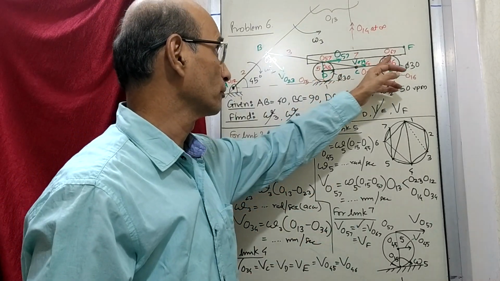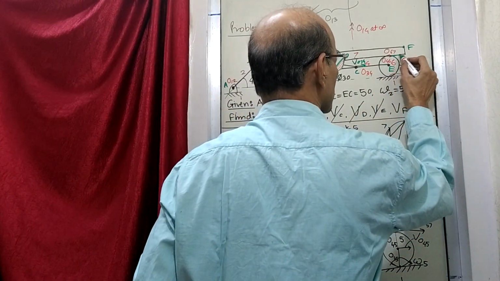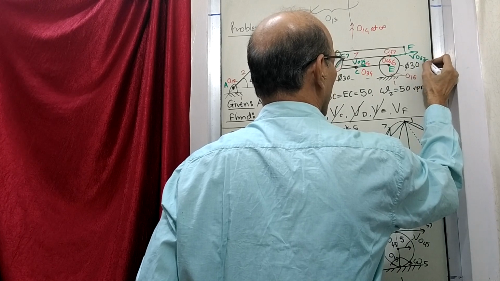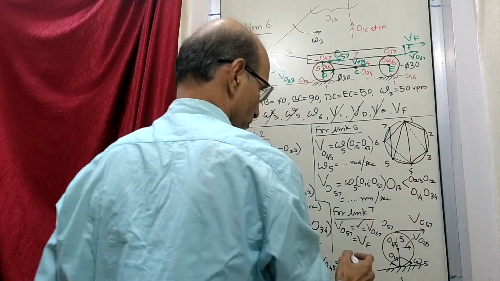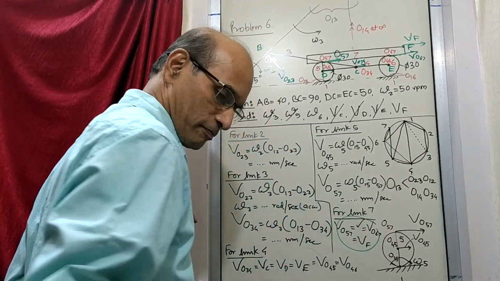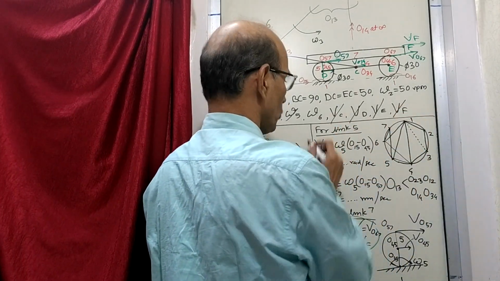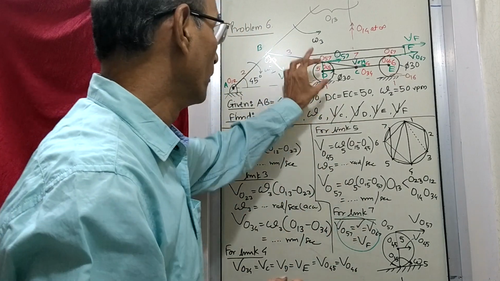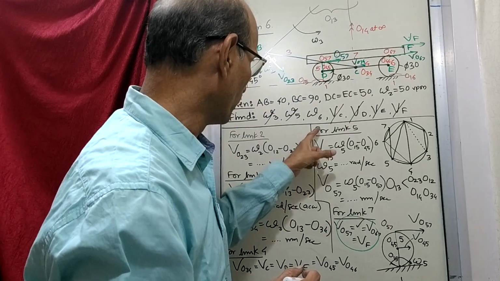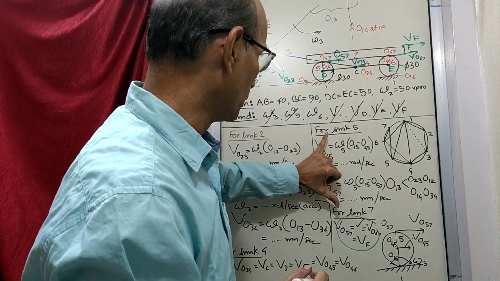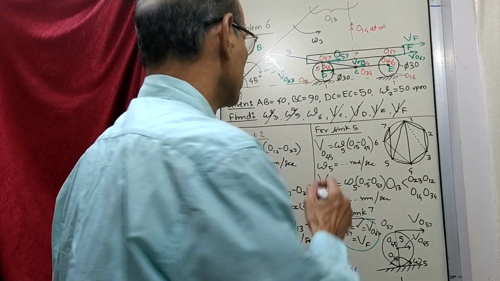Velocity of O57, velocity of O67. This is velocity of O67 and this is velocity of F. So this and this and this, they are all same. So in the process we found out velocity of F also. And omega 6. Now what is omega 6, I have not found out, but you can do the same thing here because they are of same size. Whatever we have done for link 5, same thing you can do for link 6 and you can get omega 6 like what we have got omega 5.